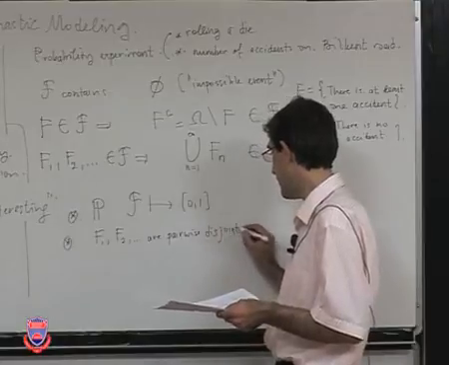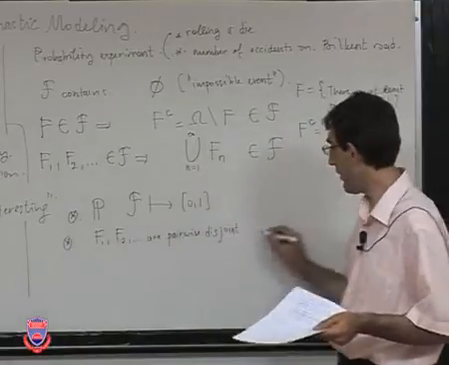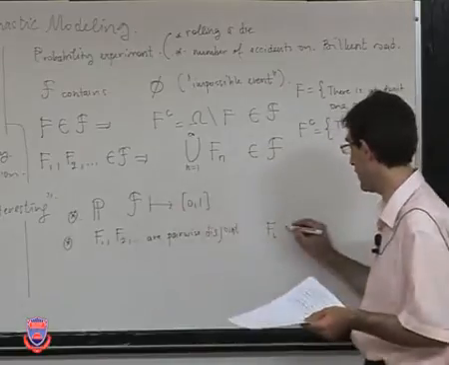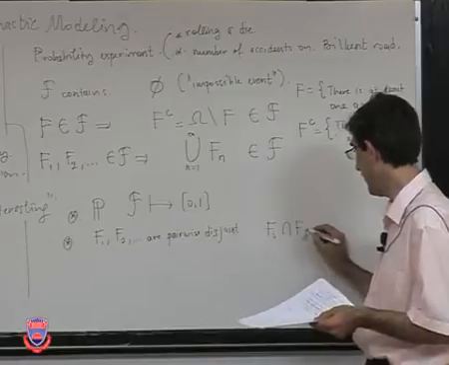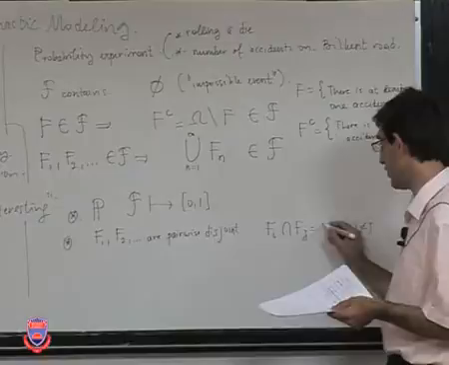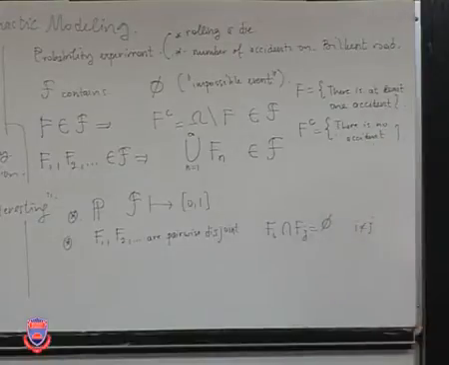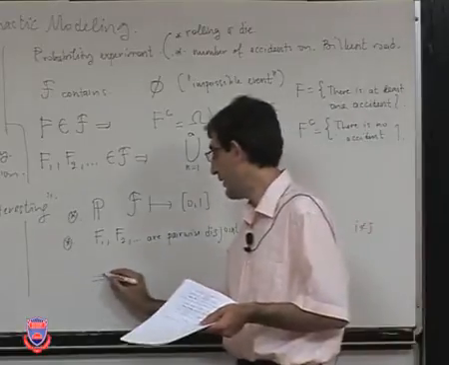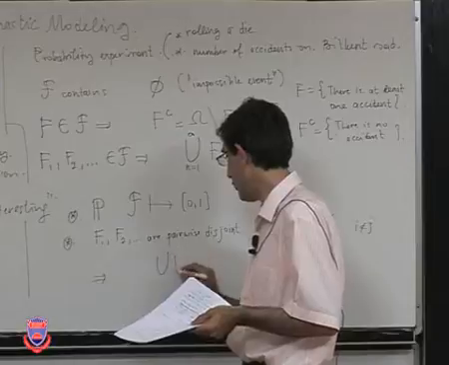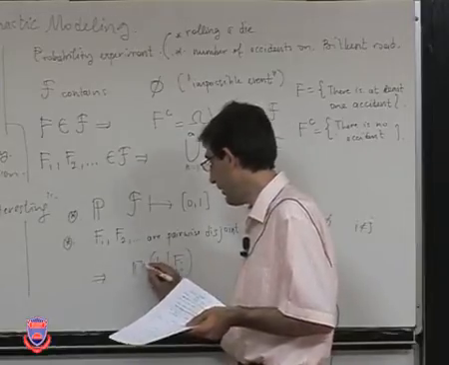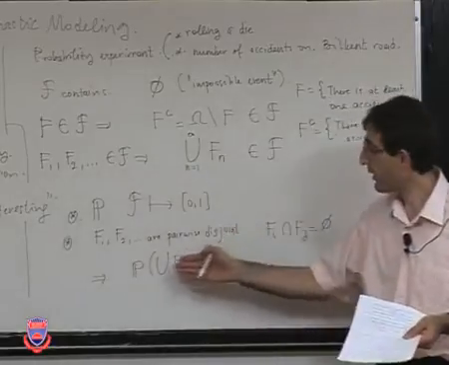Right? What does this mean? You take any two of these events, F_i, let's say, i for any one of the integers, and F_j. If i and j are different, of course, the intersection is going to be empty. So if this is true for every i and j, then if you want to calculate the probability that at least one of them will happen, and if they are disjoint,